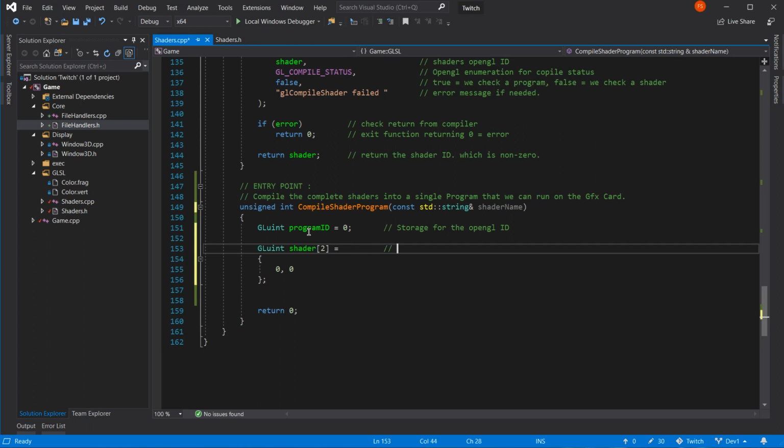So what we're doing here... yeah. That's going to be the ID array for our 2 shaders.